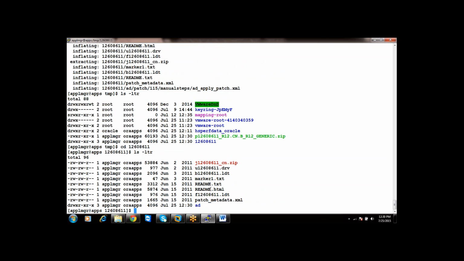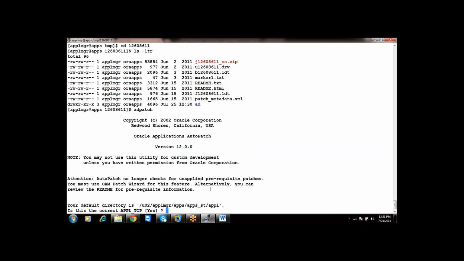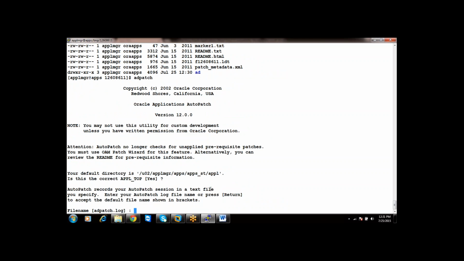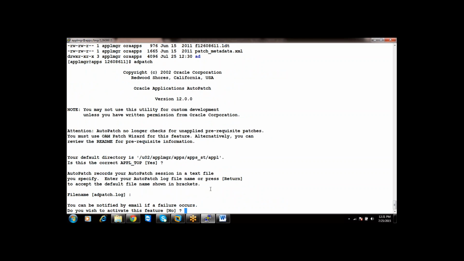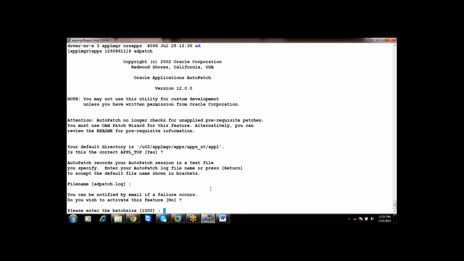So now, how do you apply a patch? Using adpatch. It is asking for the Applytop patch log file. Next, please enter the batch size. Based on your patch size, you can choose the batch size.